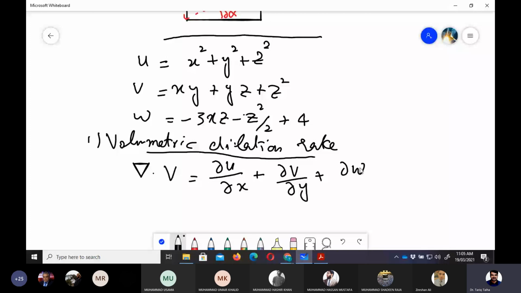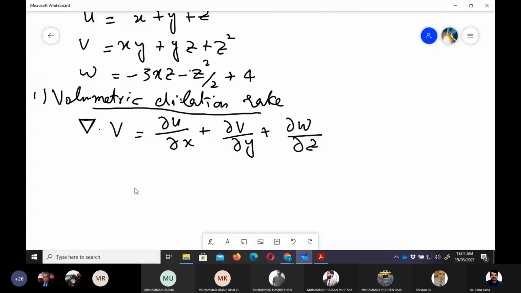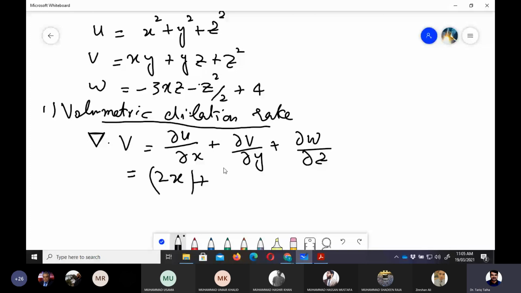Now, if we can find the value of partial u by partial x from the top equation, that would be equal to 2x plus partial v by partial y, that would be equal to, if we take the derivative with respect to y, x plus z, plus